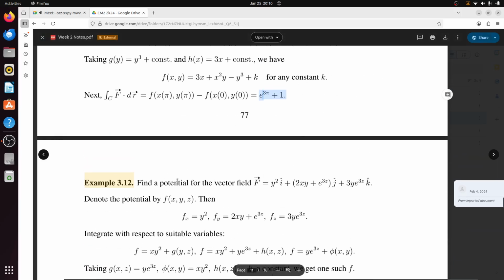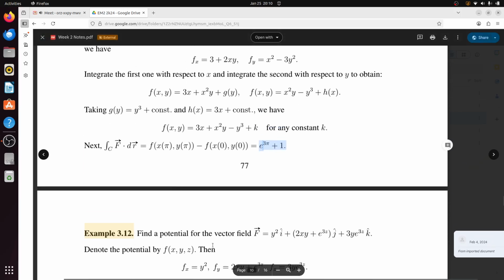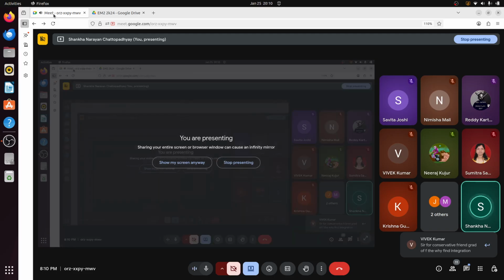Next, move to the next problem. Find a potential for the vector field f equal to y square i cap plus 2xy e की पावर 3z j cap plus 3y e की पावर 3z k cap. Anyone wants to say something? For conservative